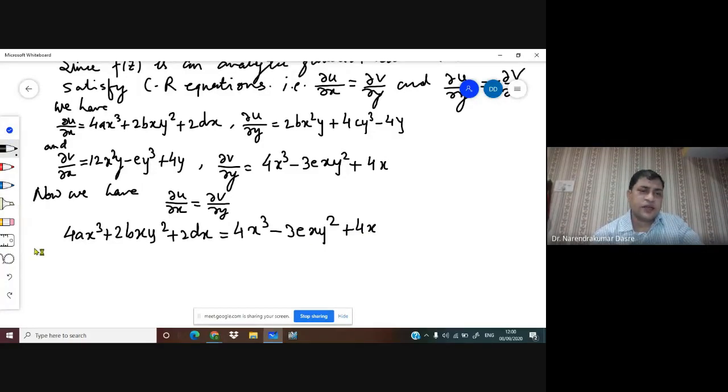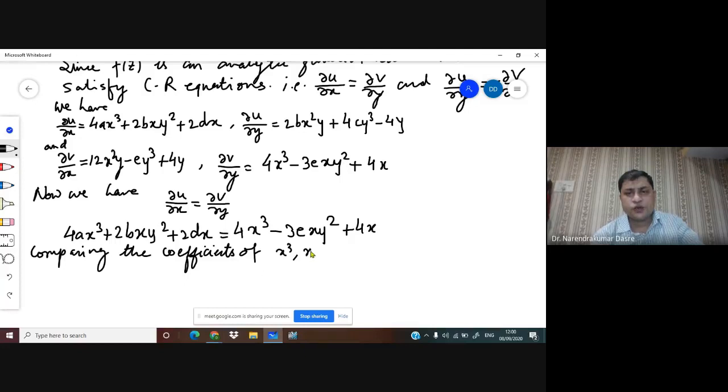Okay, so what we can say is, comparing the coefficients of x cube, xy square and x on both sides, we get,